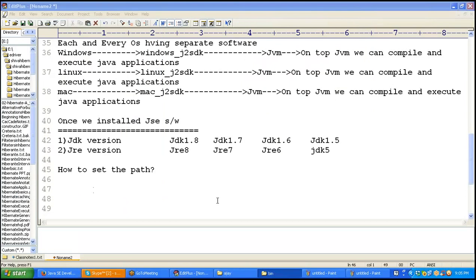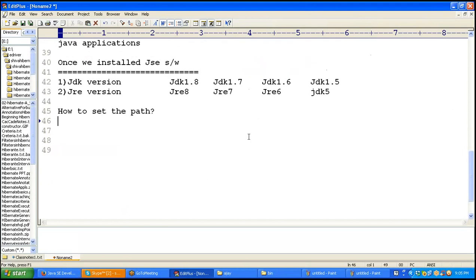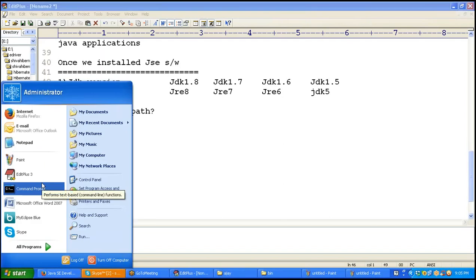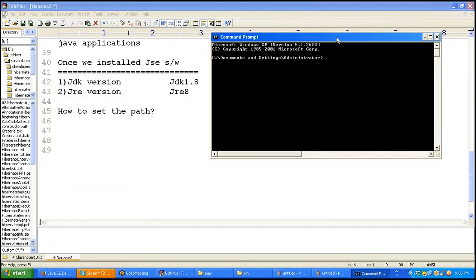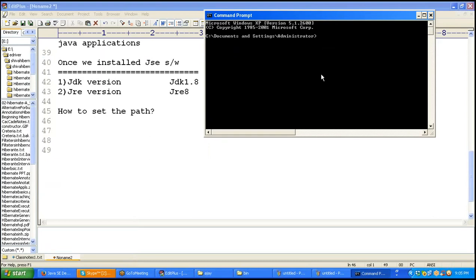Like this we can set the path. Right, guys? Now once you set the path, we want to check whether the path is set properly or not. In that case,